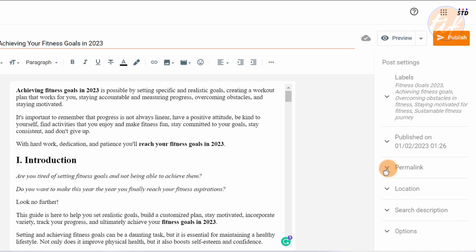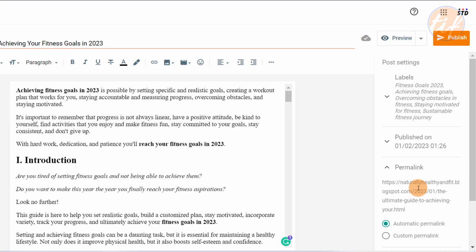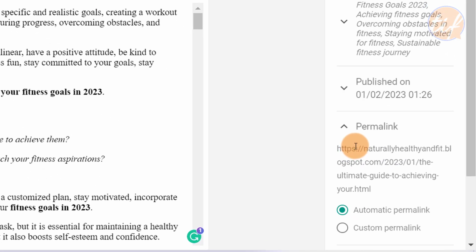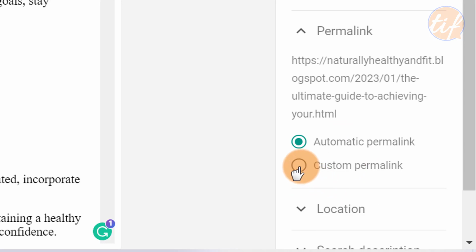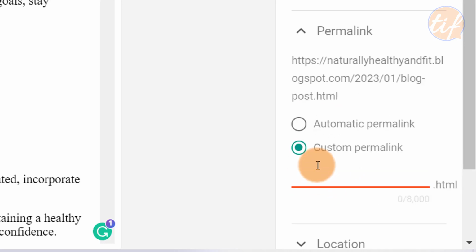All right, the permalink is actually the link that you see in the address bar when somebody opens your blog article. Right now it is showing naturallyhealthyandfit.blogspot.com, 2023 is the year, 01 is the month, and then the ultimate guide to achieving your .html. The keyword I want isn't there, but I want it to be mentioned here. So I'm going to go to custom permalink, and here I'm going to write